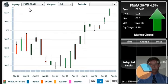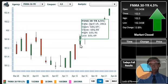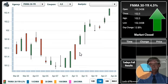What we're actually looking at here is the Fannie Mae 30-year 4.5% coupon. This is a coupon that we're following that investors are purchasing right now. This is the market live on my screen, so you can actually see it. Before we get too far into this, you're going to notice the difference in color between the candlesticks here, and the candlesticks are used to chart,